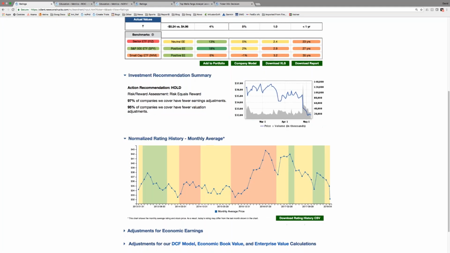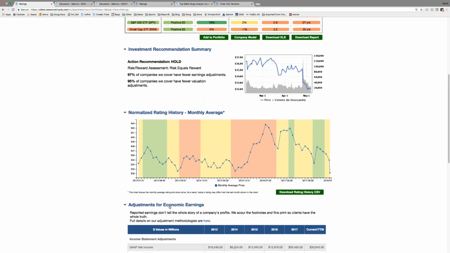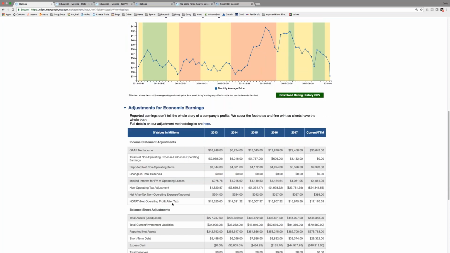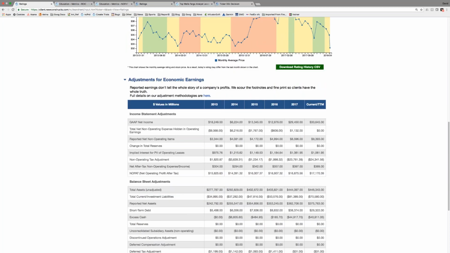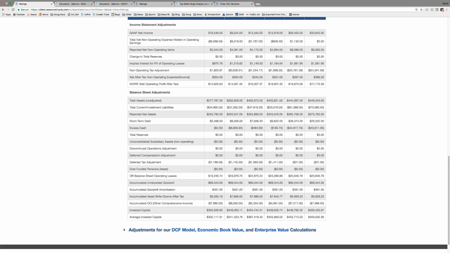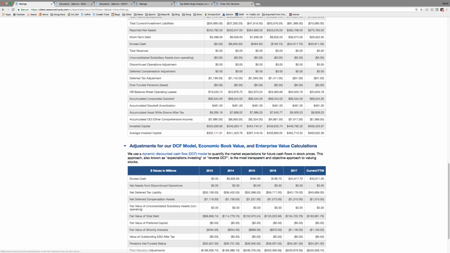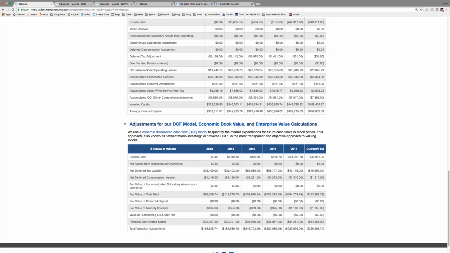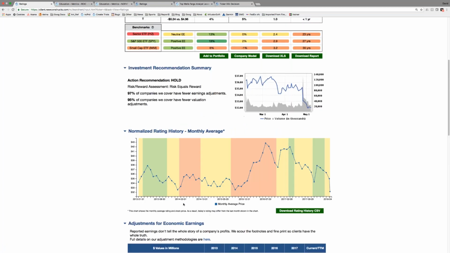And you can get more detail about the adjustments we make here. If you want a quick and dirty look, income statement adjustments, balance sheet adjustments, right? All this is highly transparent. Adjustments for the DCF model, right? We want you to know how much work we're doing for you, right? And for that matter,